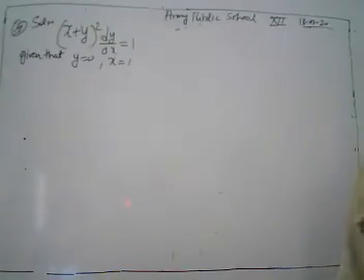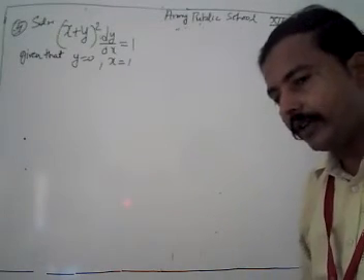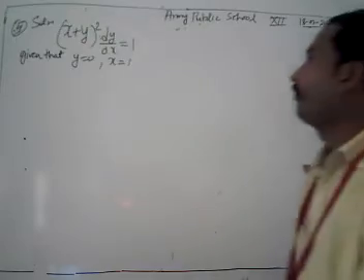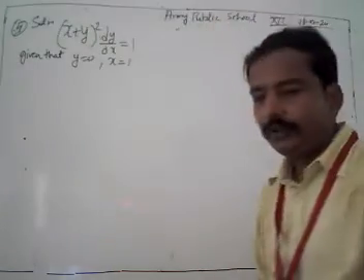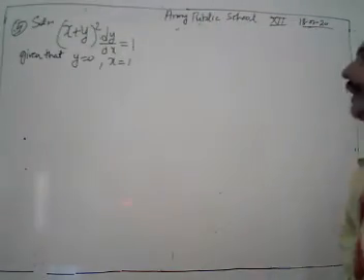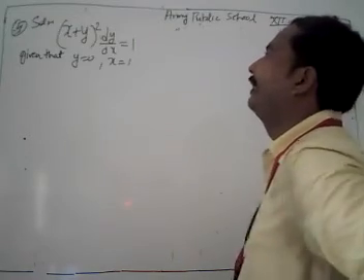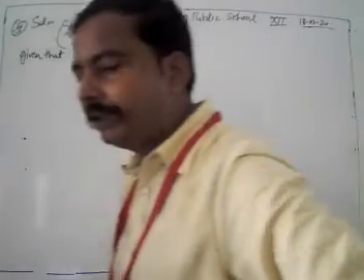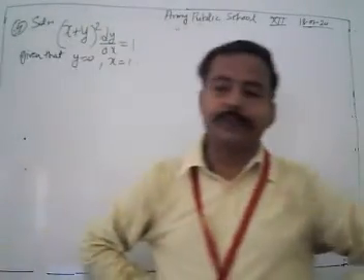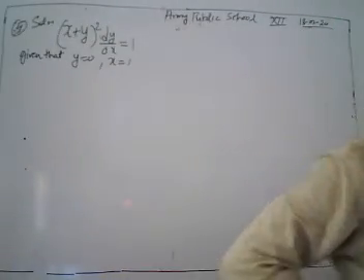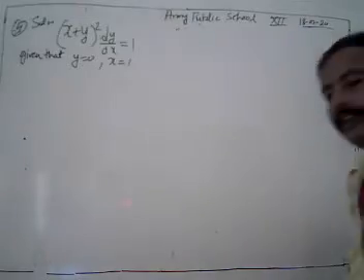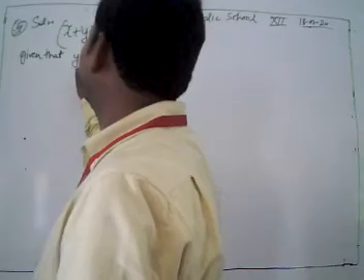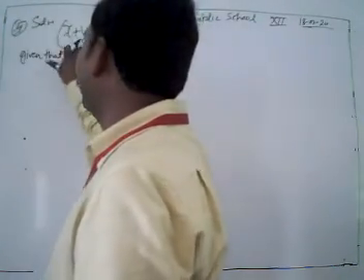Again, it is a topic based on our variable separable method. First of all, look, what do we do? Again it is x plus y whole square dy/dx. If we expand x plus y whole square, then what do we get? We get x square plus y square plus 2xy. Then we are facing a little bit of difficulty there, so we are not going to use this condition here. First of all, again we have to reduce it.